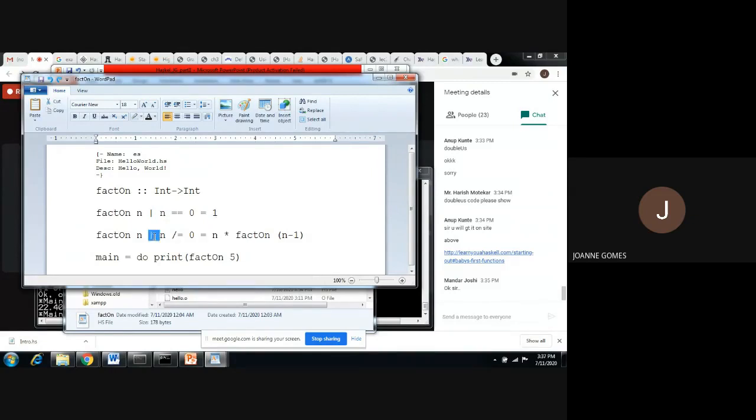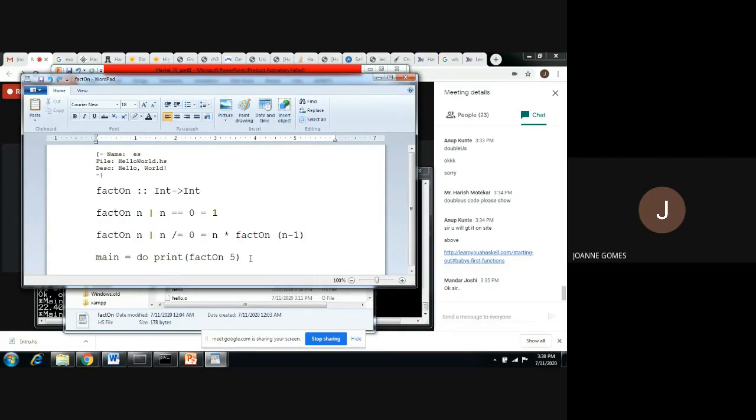With this pipe we can say the second condition is if n is not equal to 0, then what to do? Then you use this formula. So if someone enters 1, n is equal to 1, then it will be 1 into factorial of 0, where factorial of 0 is already defined.